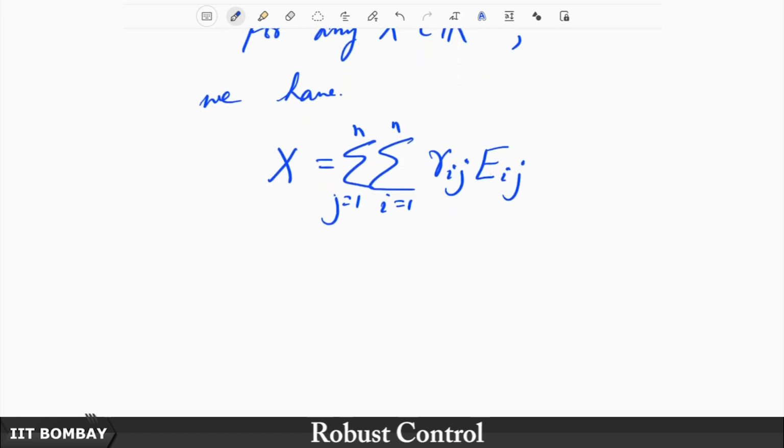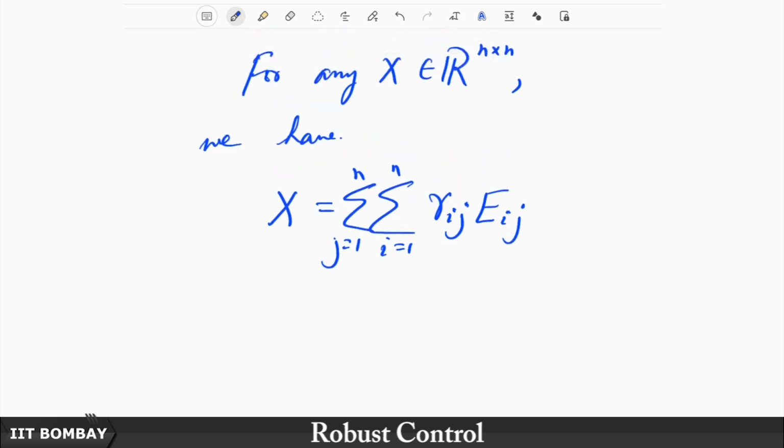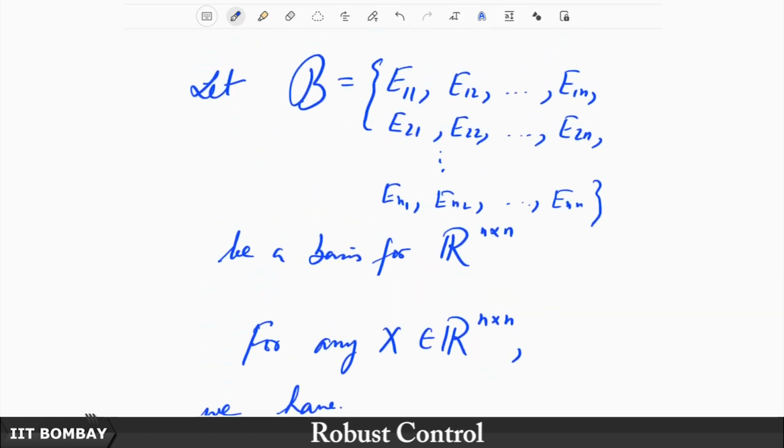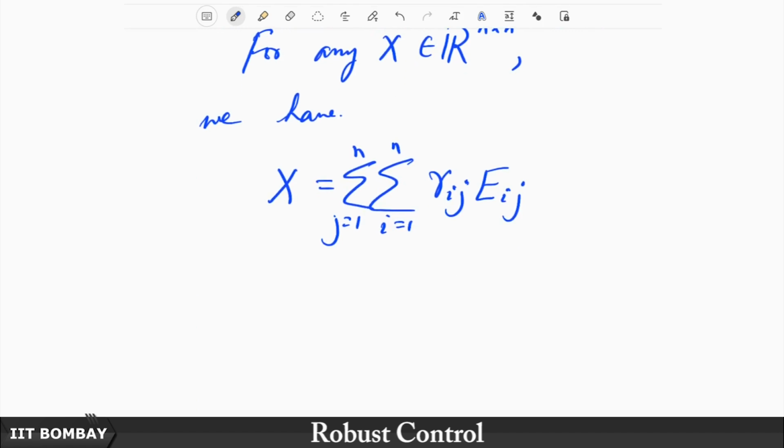So, now how many terms will I have? Of course, I will have n squared terms. For every j I will have n terms. For j equal to 1, I will have n terms corresponding to the variation of i. For j equal to 2, I will have another n terms for i. Similarly, for j equal to n, I will have another n terms for i equal to 1 to n. So, there will be n squared terms where each of these entries in the basis set makes an appearance. Again, because this is a linear functional, I can define this as f of the double summation